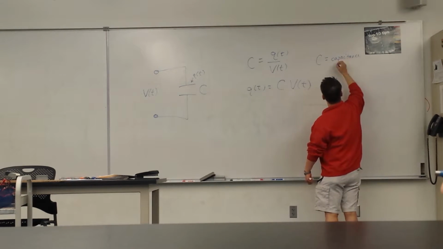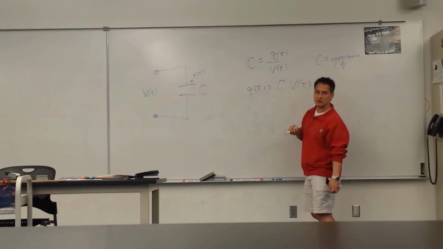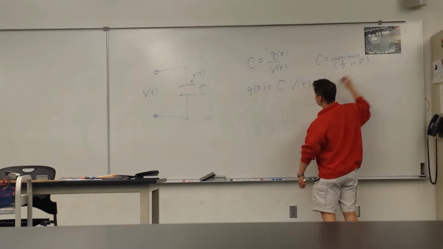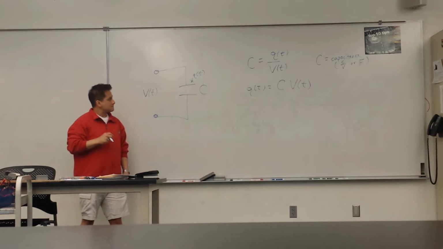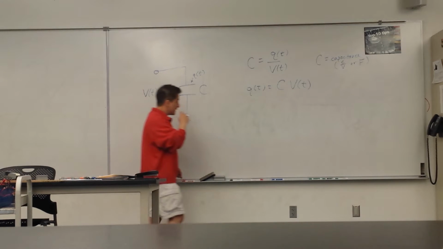And capacitance has myriad units, coulombs per volt, all these C's floating around everywhere. Or sometimes we call it the farad. Now, we used a charge sensor last week, but the thing to kind of remember about this is that